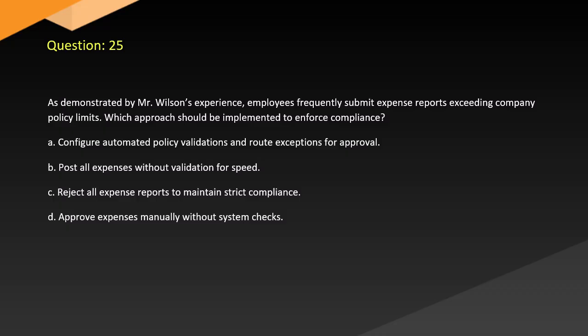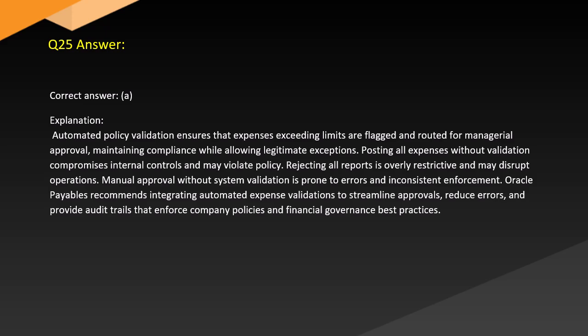B. Post all expenses without validation for speed. C. Reject all expense reports to maintain strict compliance. D. Approve expenses manually without system checks. Answer. Correct answer, A. Explanation. Automated policy validation ensures that expenses exceeding limits are flagged and routed for managerial approval, maintaining compliance while allowing legitimate